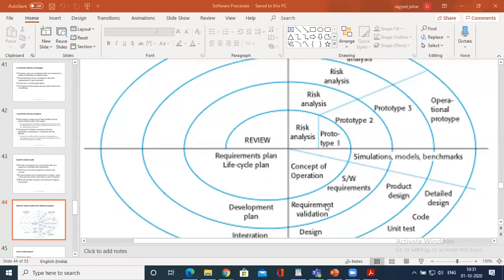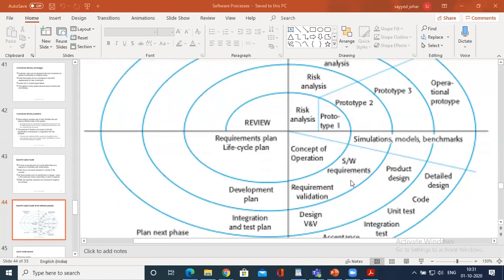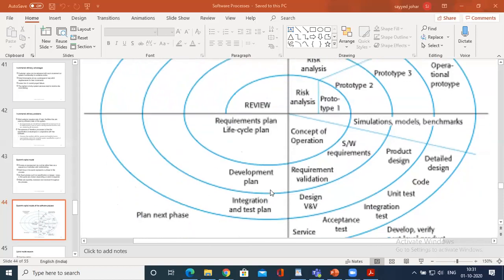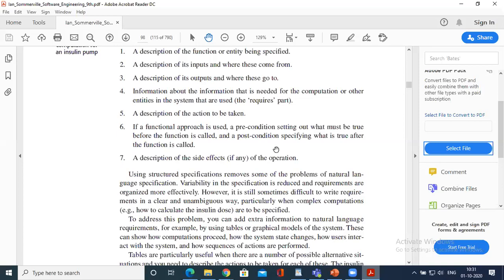Parallelly, you have validation, right? Based on the software requirement. Then what do you do? Finally, you do unit test and integrate it. Is it or not? So one more diagram I just wanted to show you, a simple diagram for the spiral model.